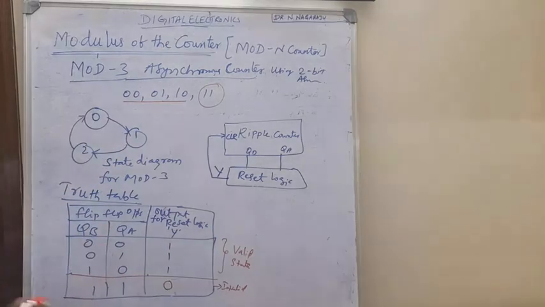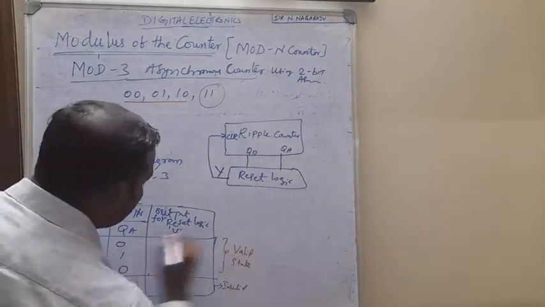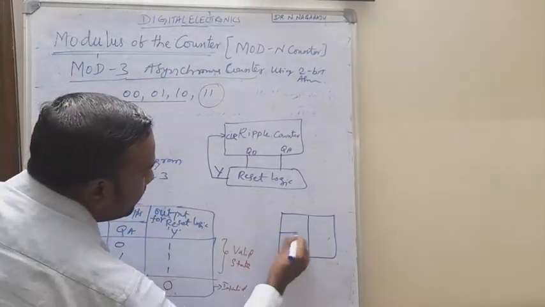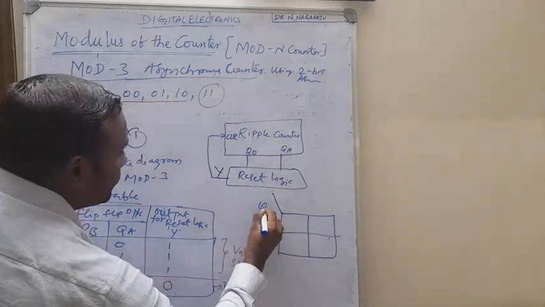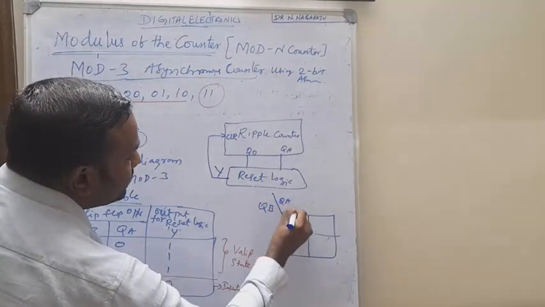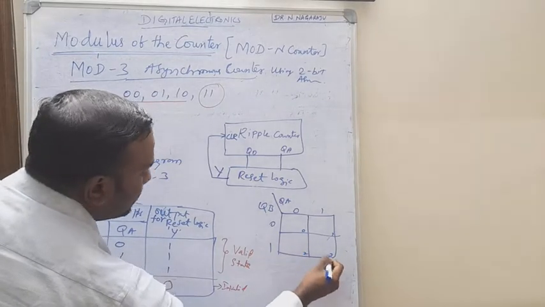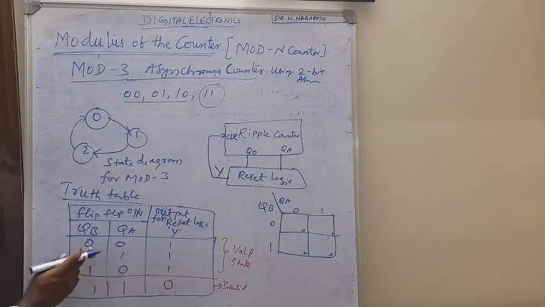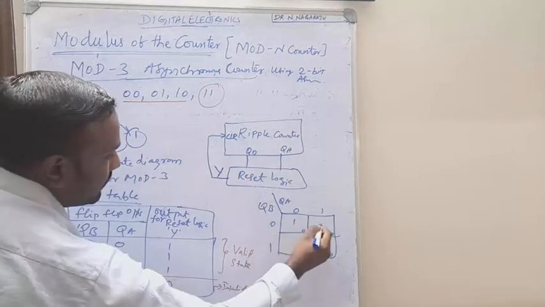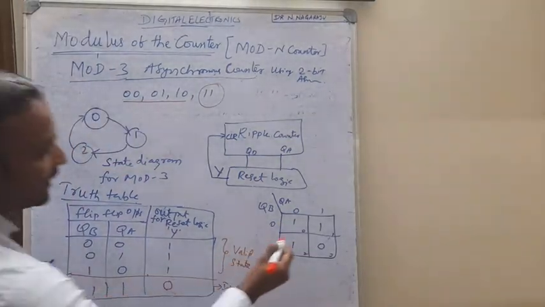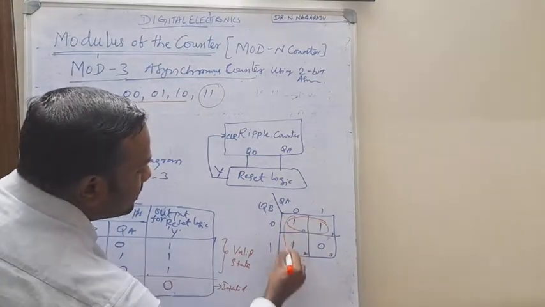So here a 2 variable K-map is there. So what are the 2 variables here? Here I am going to use QB and QA. Okay, so 0 1, 0 1. So 0 1 2 3. Right. Now we just check the values. 0 0 means 1. So 1 1 1. This one is 0 actually. Right. So now we form the combinations. This is the first combination and this is the second combination.